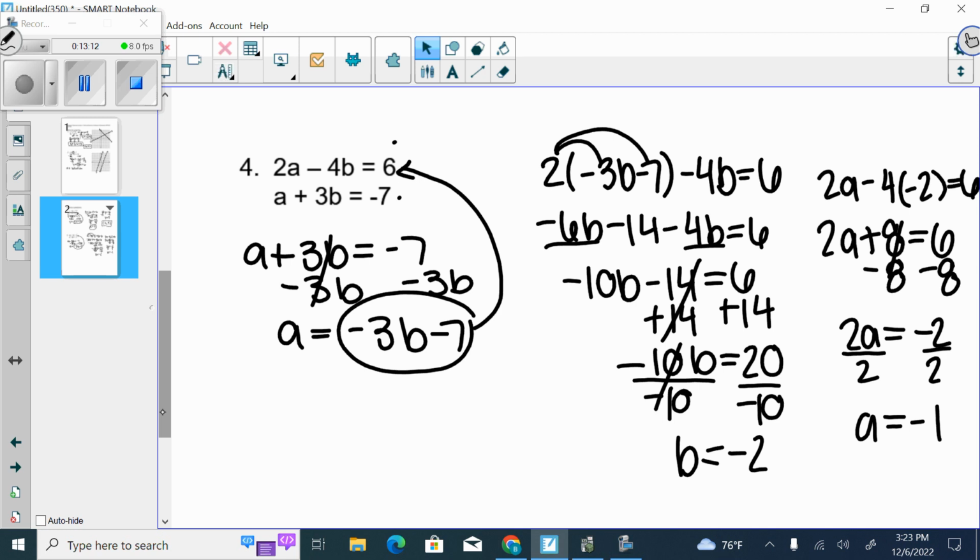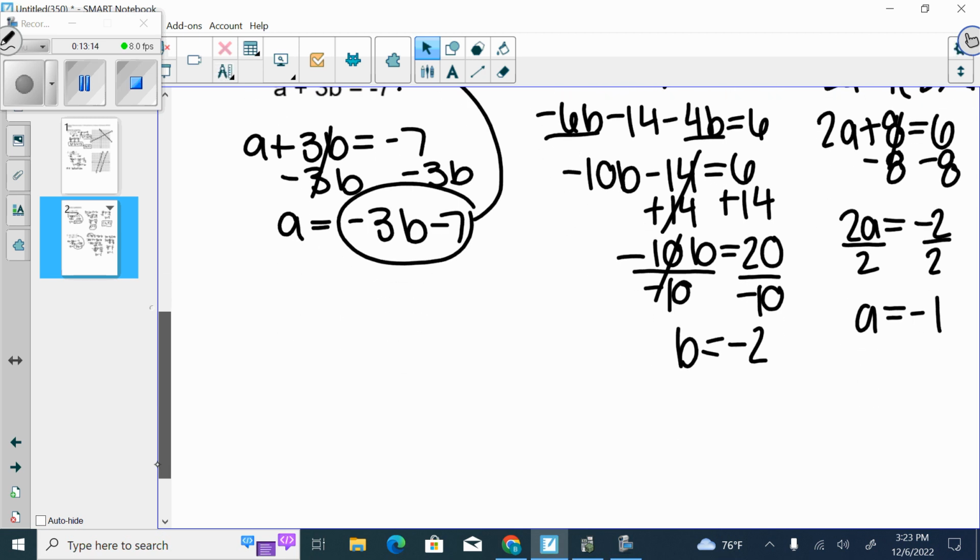All right. So then the last thing I have to do is write it as a coordinate point. Which one am I going to put first? Right. Alphabetical order. So negative 1,